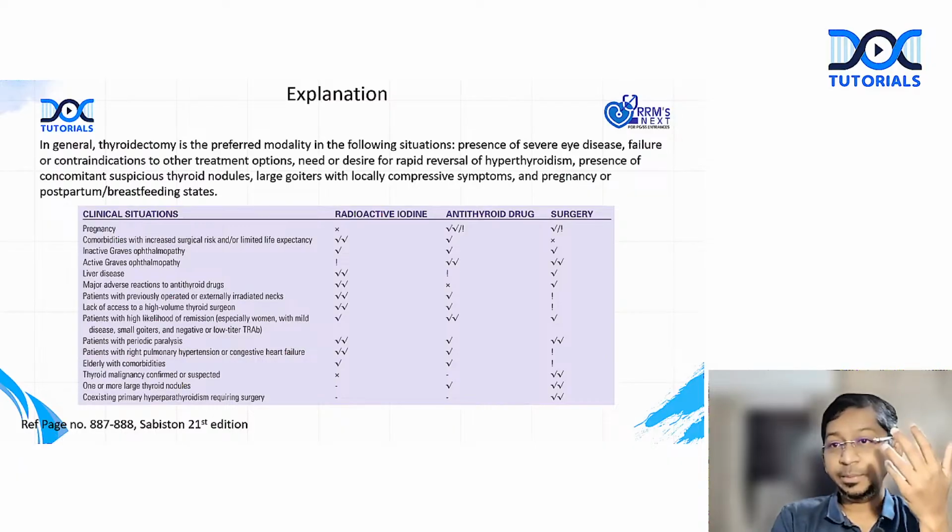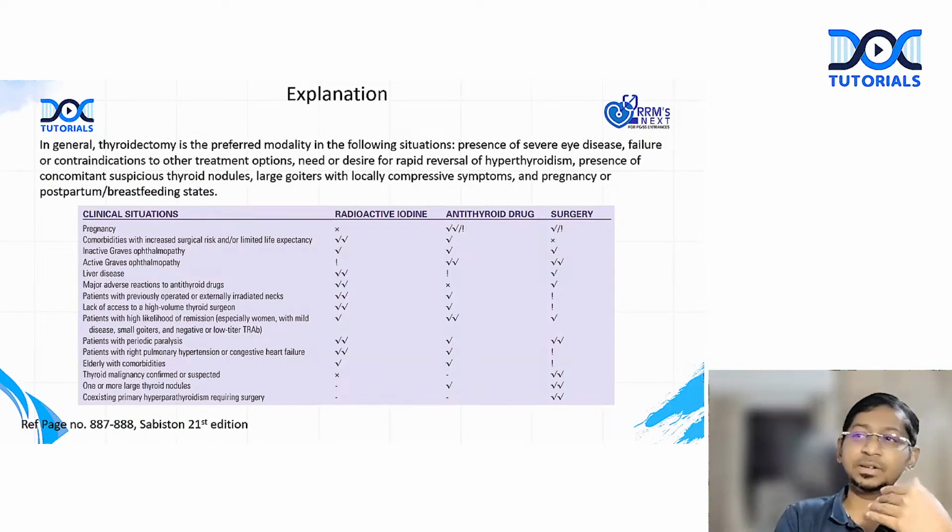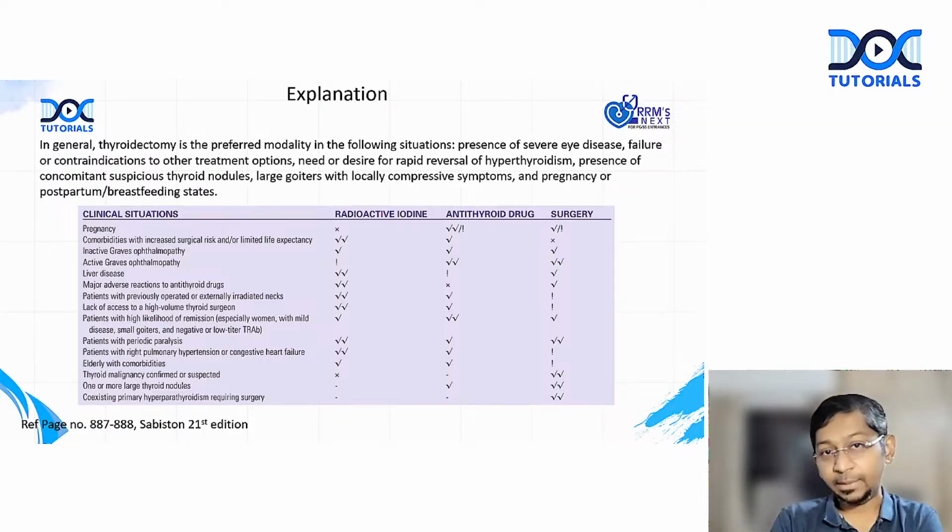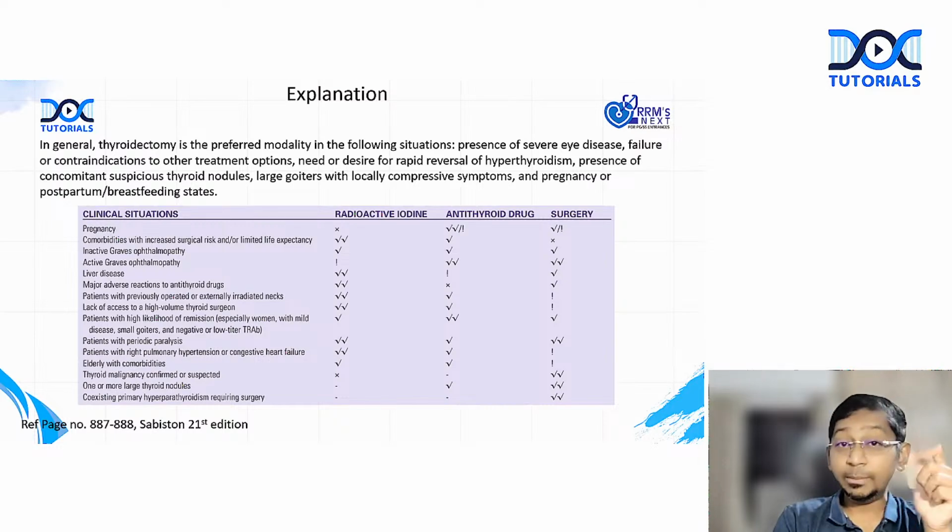Whereas in pregnant patients, in the second trimester, you do have an opportunity to operate on them. So pregnancy is not really a contraindication for surgery. So if you want anti-thyroid drugs, second trimester, you are still available for operation with a minimal risk of